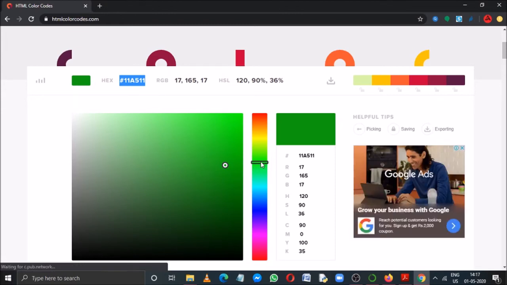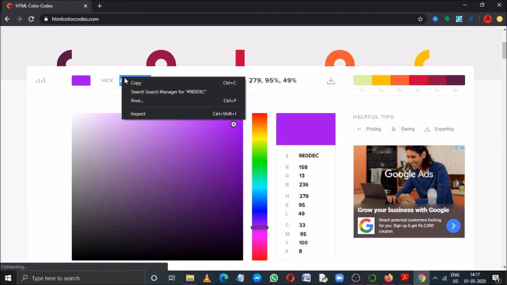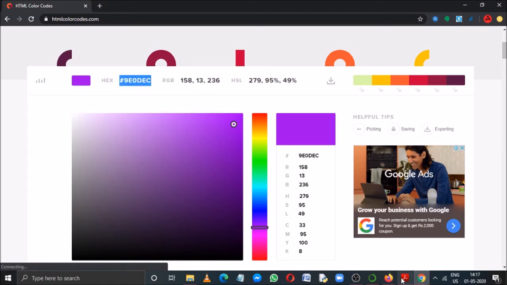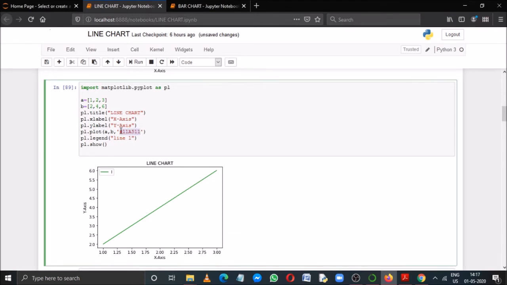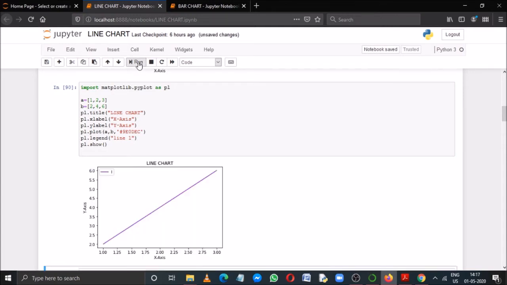Suppose if I want to change it to any other color, suppose if I select this one, the hexadecimal color code is this one. You can always copy it and paste it here and then run it. You'll get that color code. So it's not always possible to remember all the color codes for all the different types of color shades.